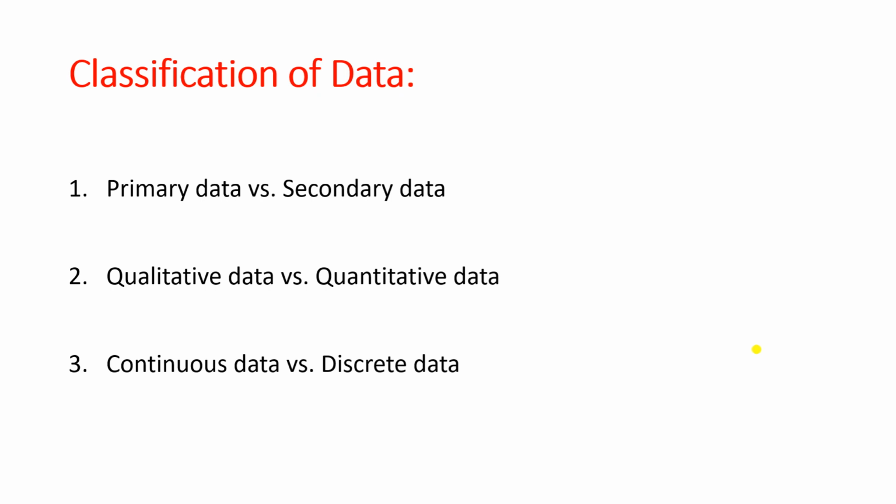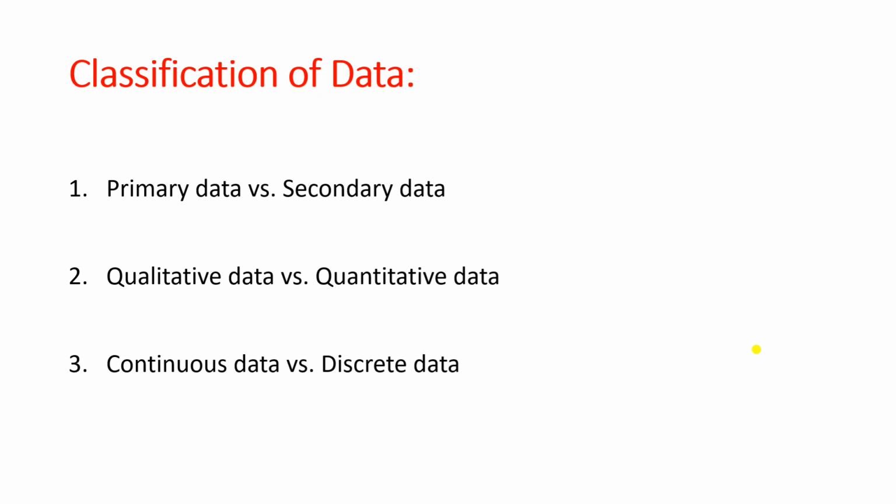So I can ask the university to provide me with the list of all the students along with their blood pressure recorded. That will also serve the purpose. So that is my secondary data. Secondary data is when the data that I am working with have been collected by someone else. So this is the difference between primary data and secondary data.